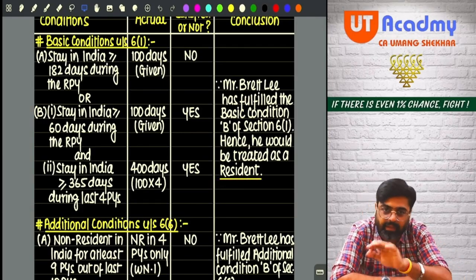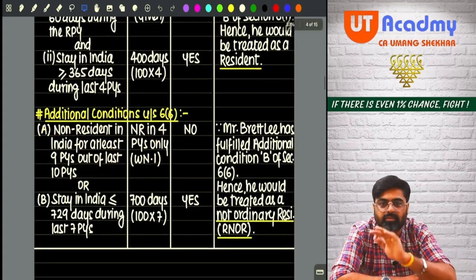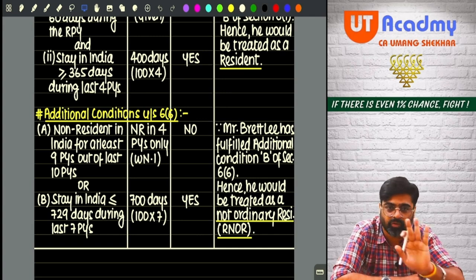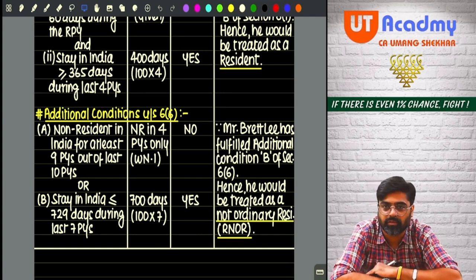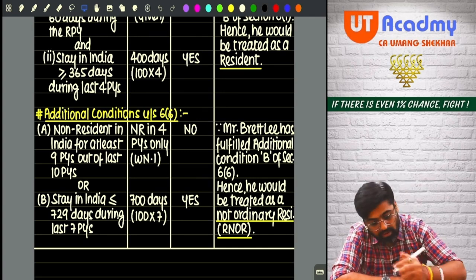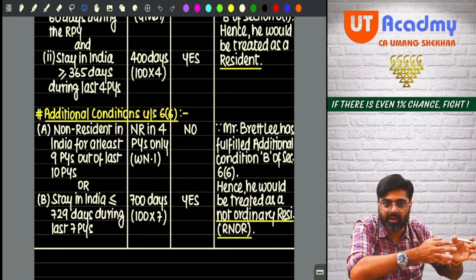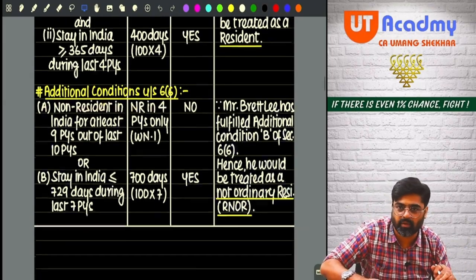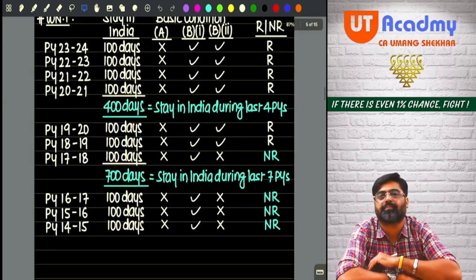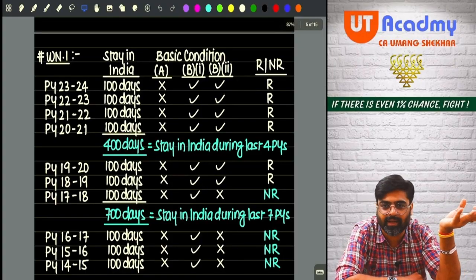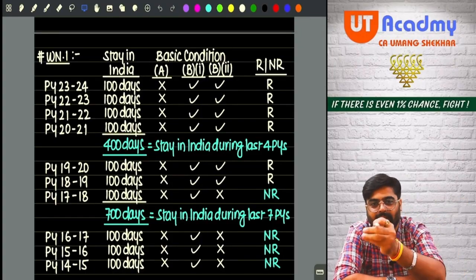Now in the same table, we'll write down additional conditions below this. Getting my point? What are the additional conditions? Do you remember? Write down those conditions. Now how will you get this? For this, we did that table, no? That is nothing but the working note. Do this table. Come on, see. The same thing. My handwriting was not good there. Here, my handwriting is good. But the same thing is there.